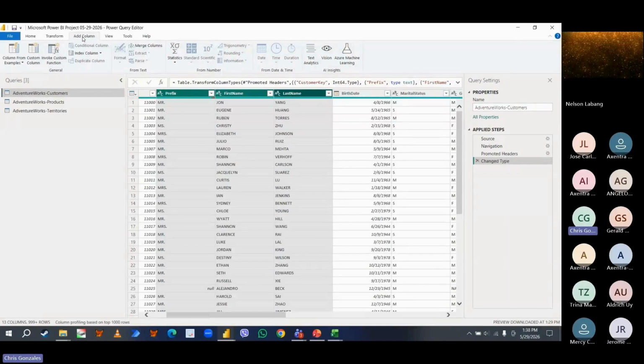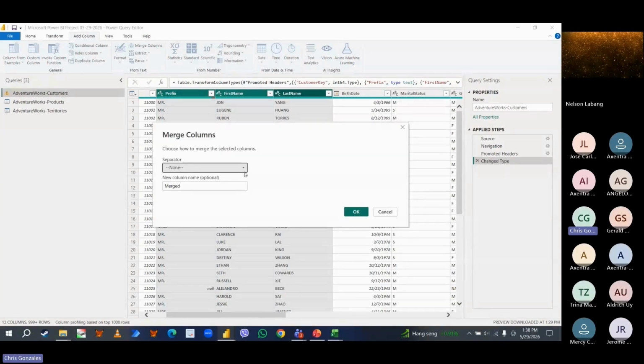So what I'm going to click is the Add Column tab. I'm selecting Merge Columns. For the separator, I have here the space. And then I can simply change that title to full name. I don't have to type any formula, syntax, or whatever. I just need to click the Add Column tab, Merge Columns, apply the separator, and type the full name.